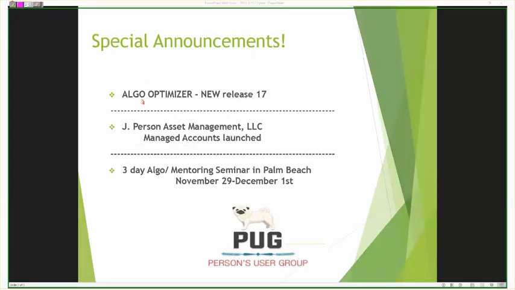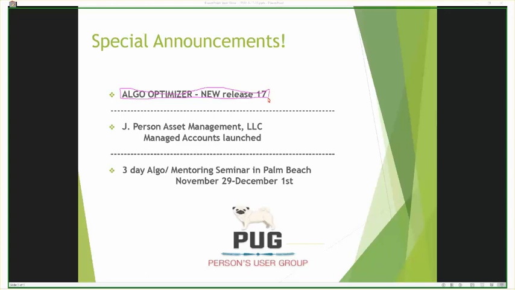We've been talking about releasing Algo 17, and this is where we make some special announcements. So Algo Optimizer number 17, and it will be renamed. Actually, it's not even the same product. You'll see why. I'll introduce it a little bit tonight. This is not an Algo Optimizer event, but we will incorporate it with the PUG, which is the Person User Group for TradeStation. So the Algo 17 Extreme,